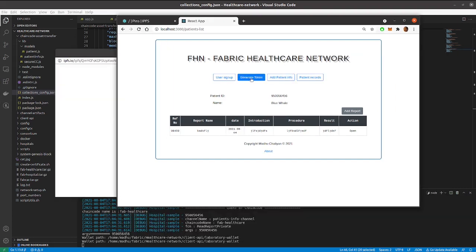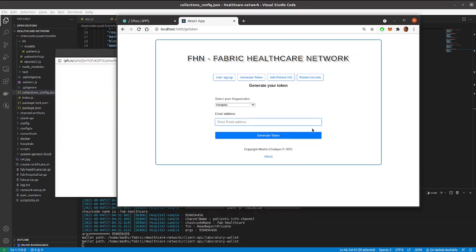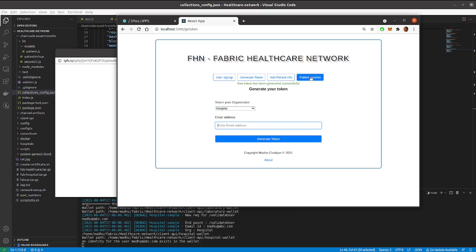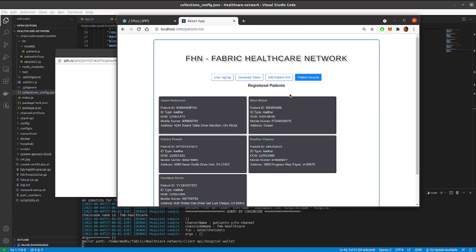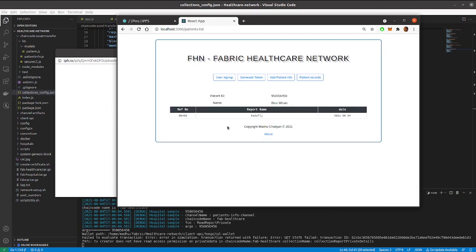So let me show you how it will be displayed for the other organization user. Here in the fields, you can see the report name and date only for the same report.